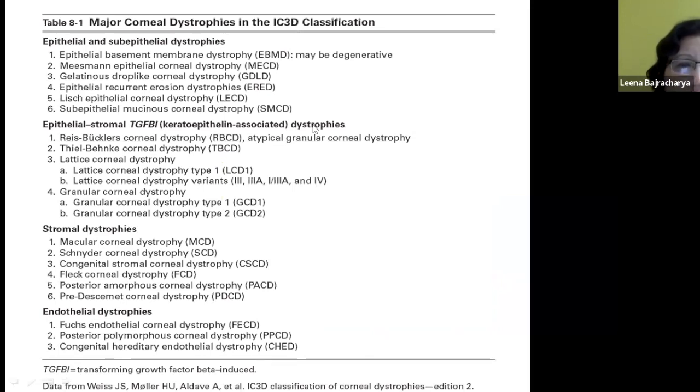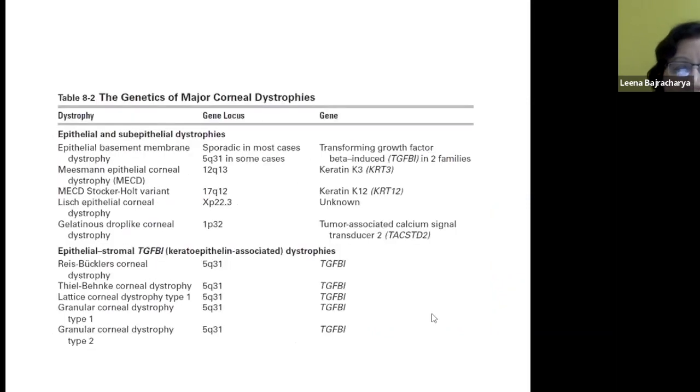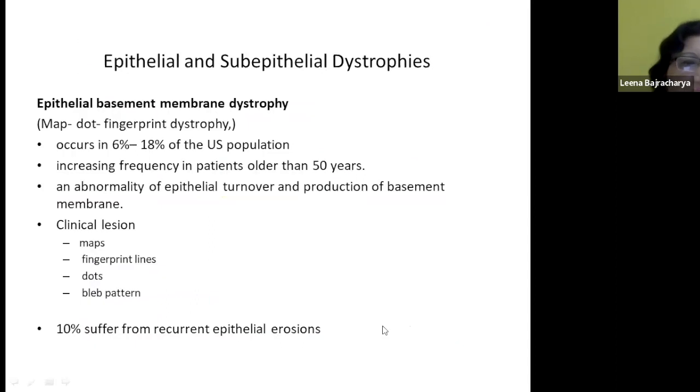So gene locus and gene responsible for dystrophies are shown in this table. And again, you may have to remember the gene locus and gene of important and common corneal dystrophies. So coming to the epithelial basement membrane dystrophy, which is